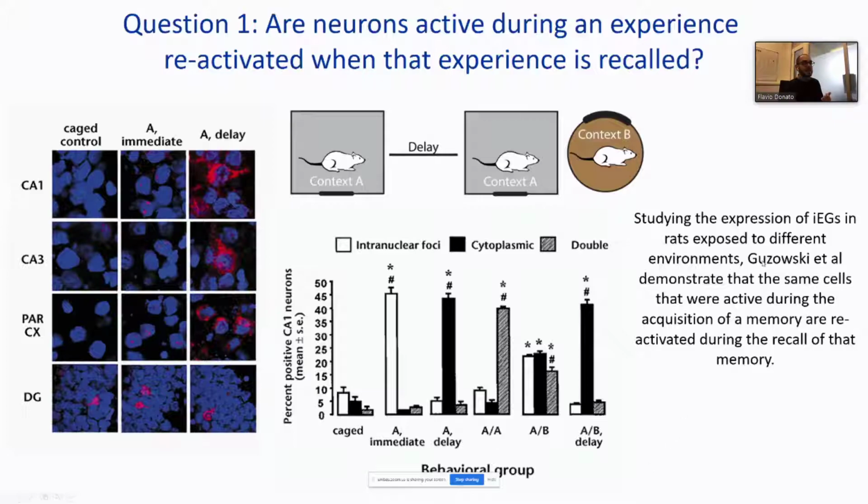Okay, so in this study, they show that indeed the cells that were active during exposure and the formation of a memory are the same neurons that are actually active when that memory is recalled, so when the animal is put again into context A. But are these neurons the ones that carry information about the first experience, or are they just neurons that are active in that specific experiment for whatever reason, because there is a sensory stimulus that activates those neurons whenever the animal is in context A and context B?